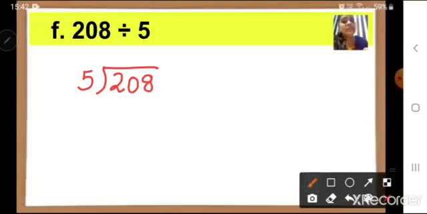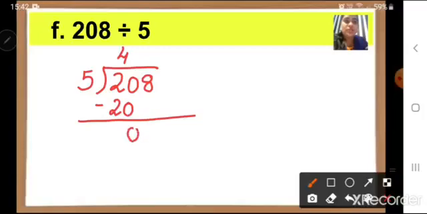Come on children, say the table with me. 5 ones are 5, 5 twos are 10, 5 threes are 15, 5 fours are 20. So 20 will go in 5's table and 5 fours are 20. So I'll write here 5 fours are 20. 20 will come here down. Then put minus sign and subtract. 0 minus 0 is 0. 2 minus 2 is 0.